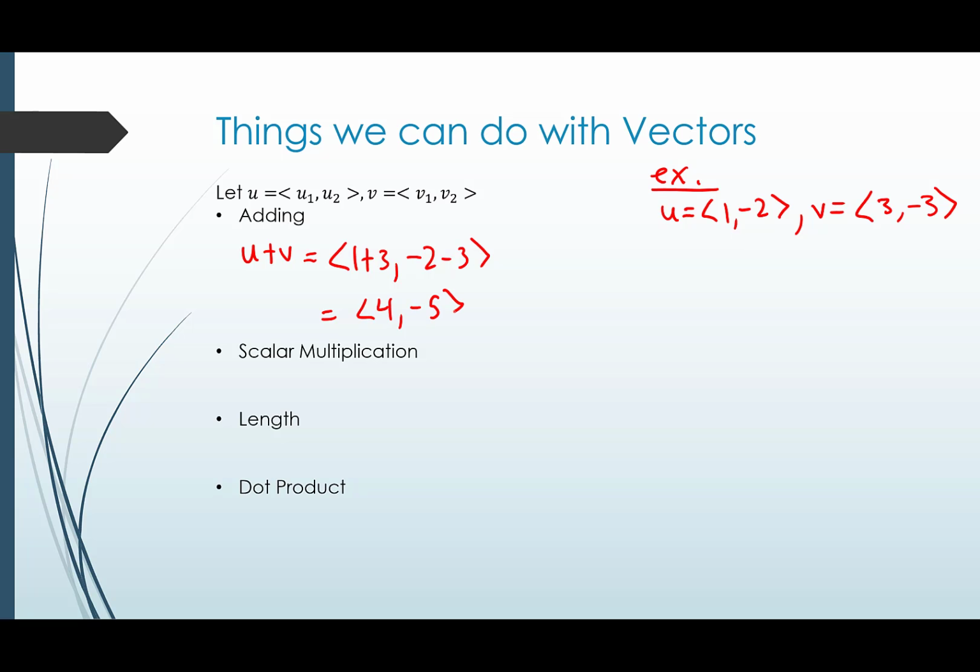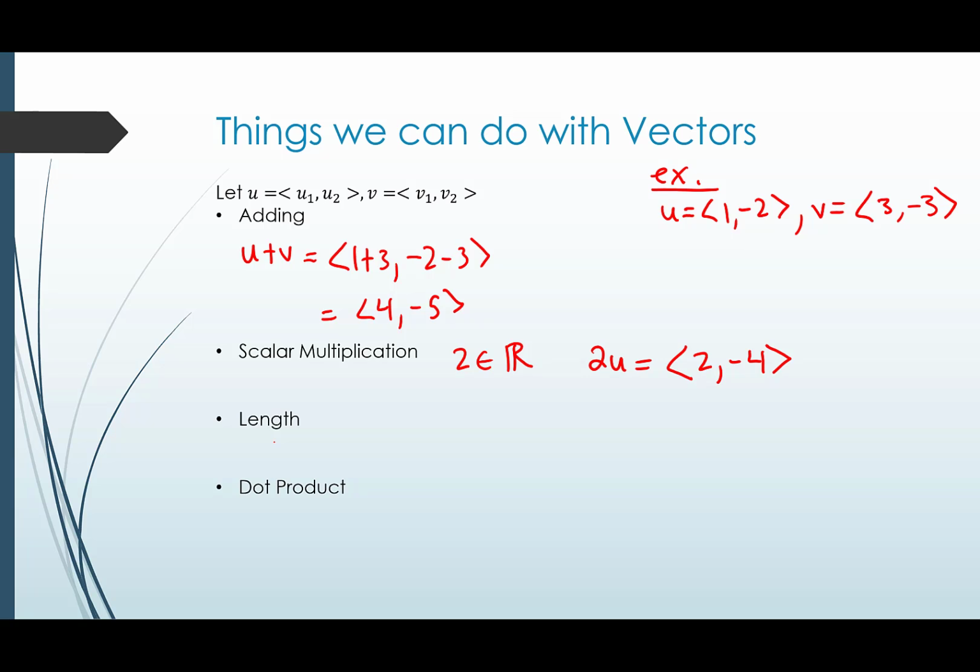Another thing we can do with the vector is we can scale it, meaning we change its length by some scalar, for lack of a better word. So for instance, if we consider just the number 2, we can take 2 times u, which is just going to double the length of u. Okay, algebraically, what is it going to do? You just multiply all your coordinates by 2. So (2, -4). Okay, so this would be scalar multiplication. So again, we can add vectors, and we can also scale them as well. So stretch them or shrink them.